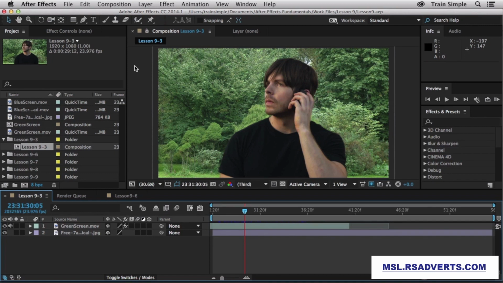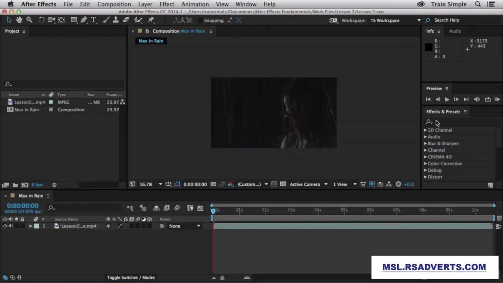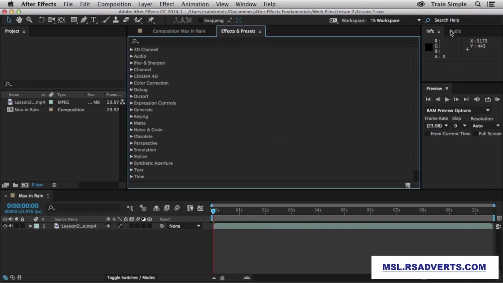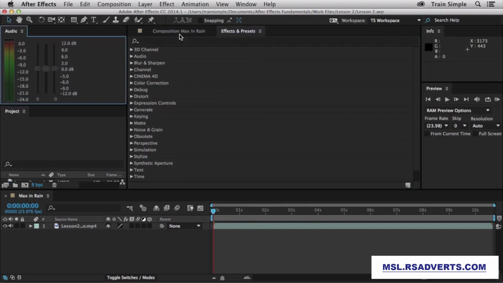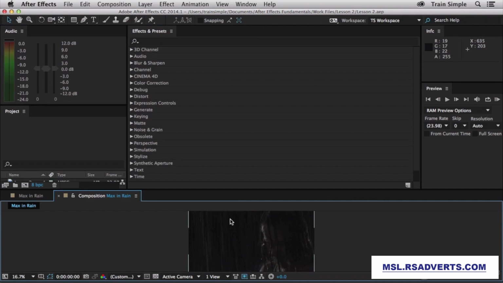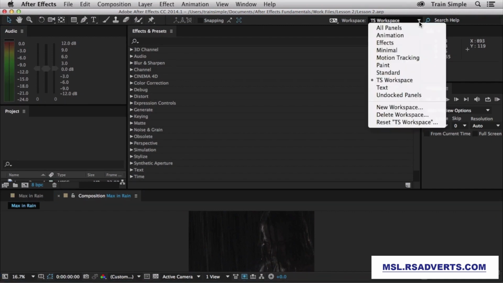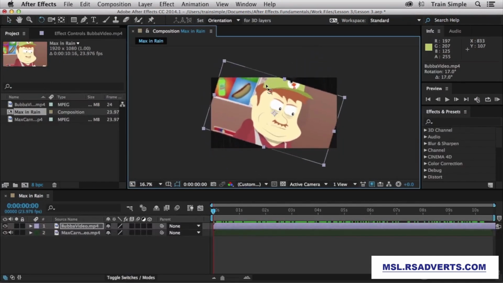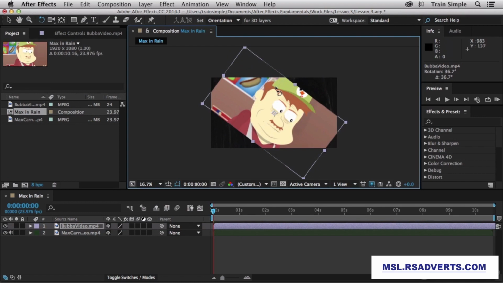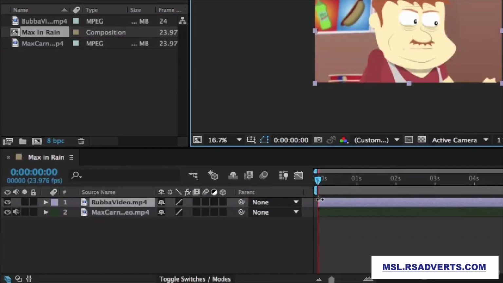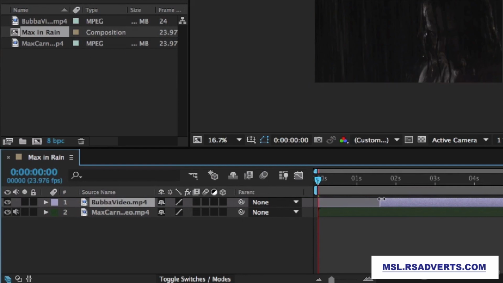So for this course, we'll be working with the interface. We'll start by creating a new project, we'll save and open existing projects, we'll organize a workspace, and basically get all the basic stuff out of the way. That way you have a strong understanding of how the interface works. We'll then move on to basic controls and features. We'll learn how to use the selection, hand, zoom, rotate, and pan behind tools. We'll learn how to trim and move clips on the timeline. We'll do some parenting for our layers, and then we'll learn how to create a pre-comp.